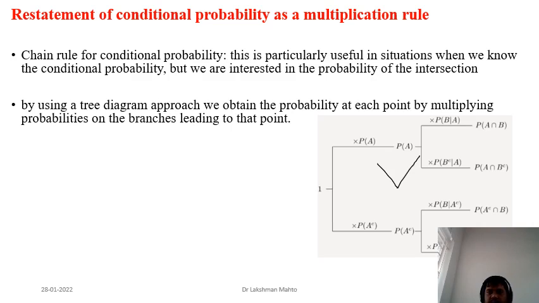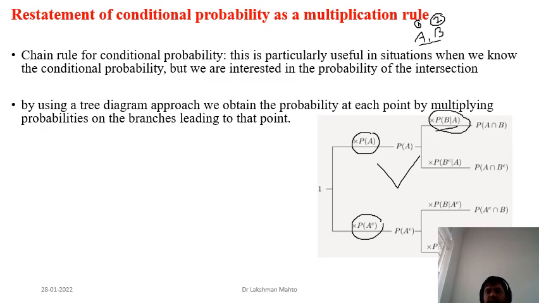Suppose we have two events A and B, and these two events happen in sequential manner. Here I am taking the order this way: first event A happens, after that event B happens. So there is a proper sequential order. The happening of A we measure by probability of A. If A is not happening, that probability we measure by probability of A complement. After that B happens. Because A has already happened, we encounter the conditional probability, probability of B given A.